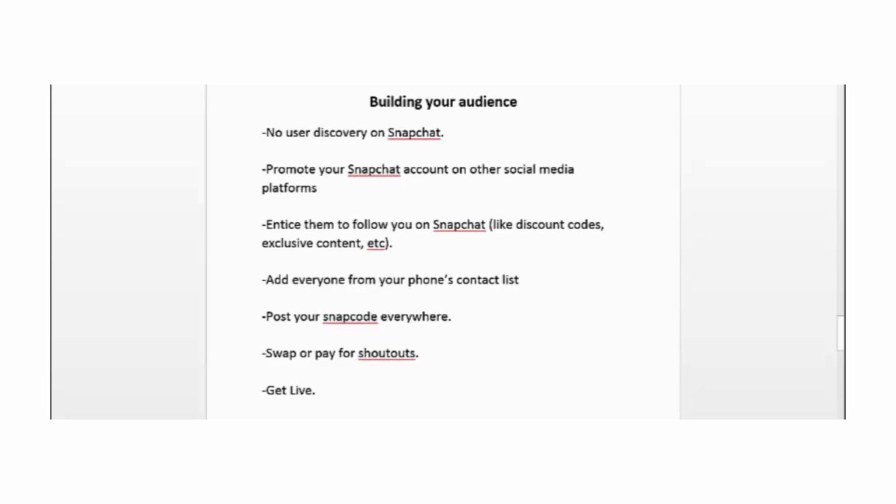Also, another way to increase your chances of going live is to increase your amount of snaps. So basically, the more snaps you create, the more stories you create, that increases the likelihood of yours being included in a live story during that day. So you have to be on the lookout for live Snapchats in your area.